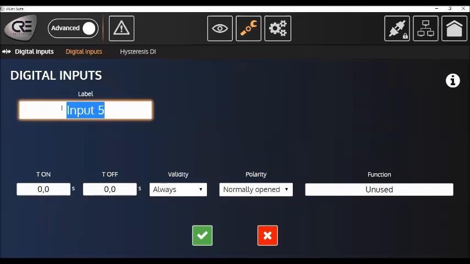Here we indicate 50 or 60 Hz. T on, T off is a timer, regarding active or inactive digital input. So we can stay at 0, validity always, normally open, and